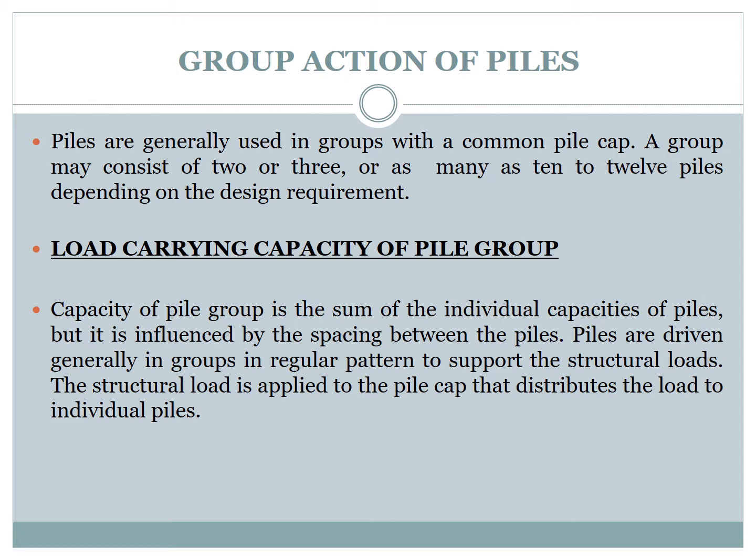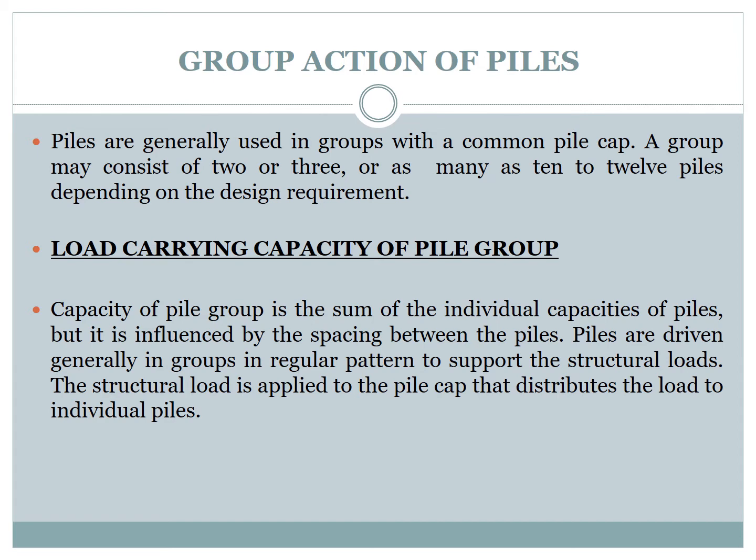In actual practice, the structural loads are supported by several piles acting as a pile group. As I told you, a minimum number of 3 piles is used under a column in a triangular pattern even if the load does not warrant the use of 3 piles. When the number of piles required is more than 3, the piles are arranged symmetrically with respect to the load, and the piles under a wall are arranged on either side of the center line of the wall in a staggered formation.